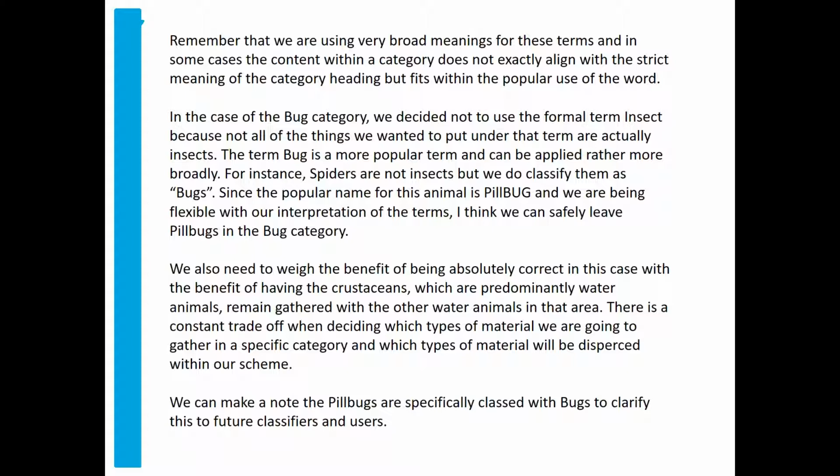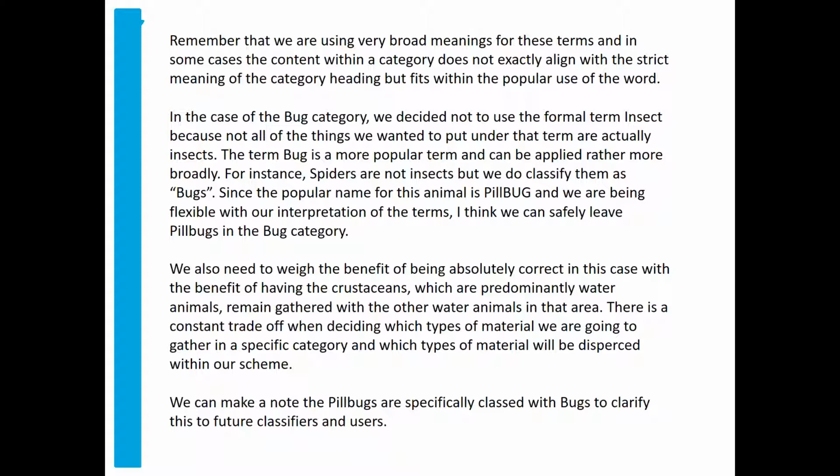This is another example. It's a little in the weeds, but it pertains to our children's classification categories. As you know, if you're familiar with classifying by Dewey, when you get into the animal classification, which is a very popular topic among children, Dewey uses the scientific classification: name, class, species, family, all of that. But for our browsing collection, we don't so much use that.